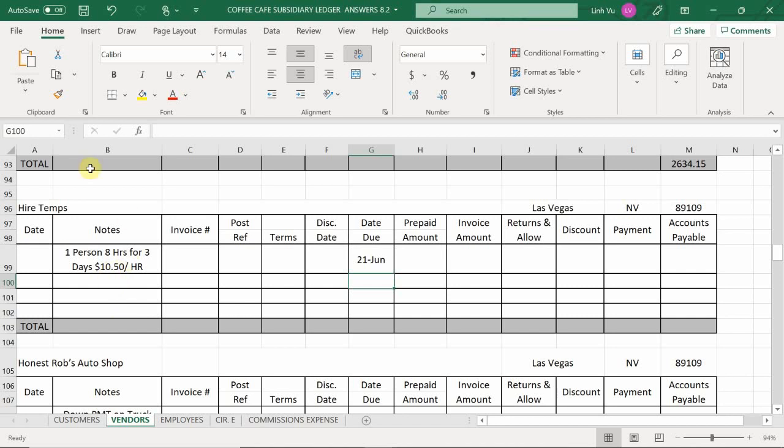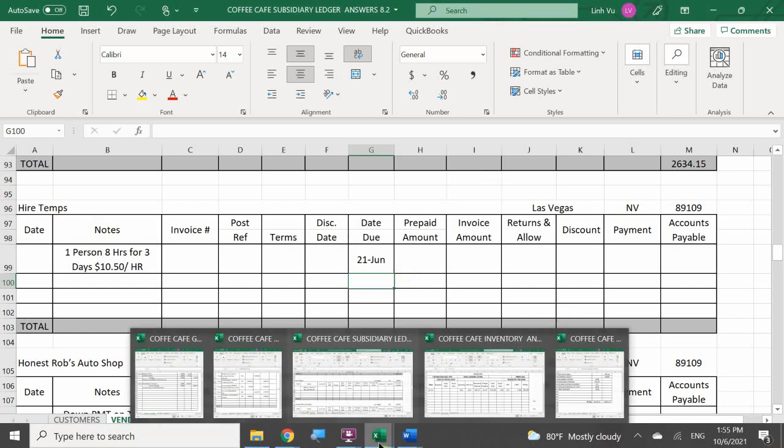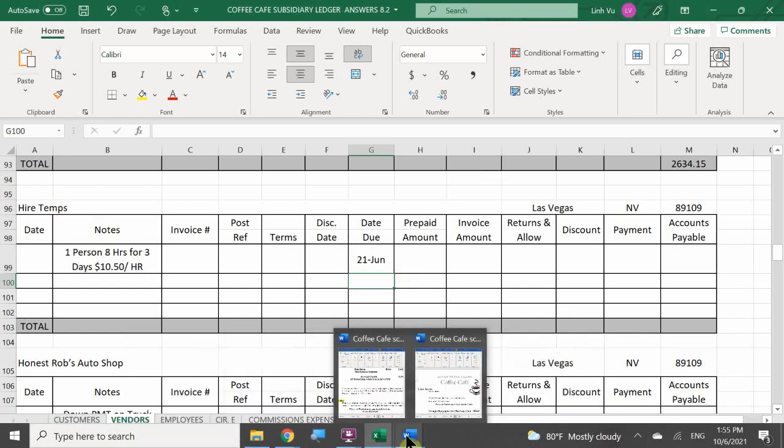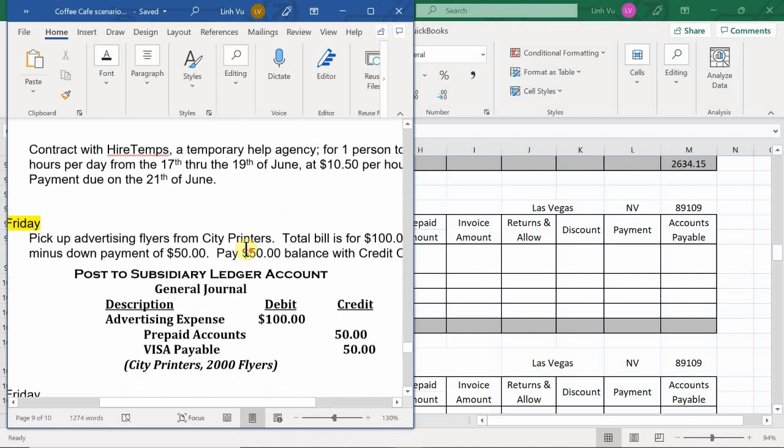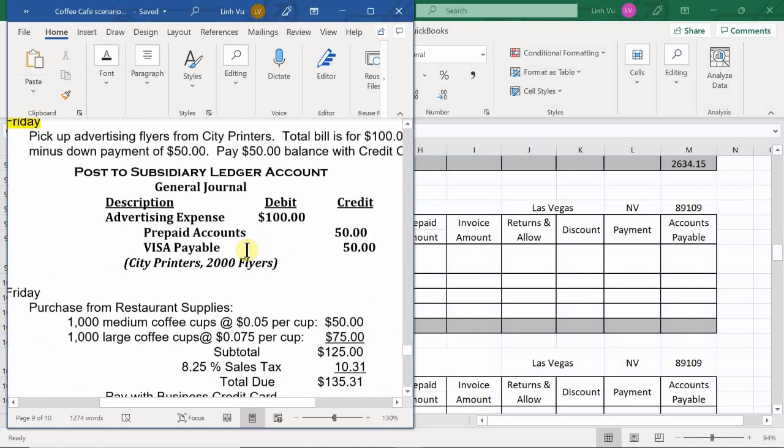So in this case, we are assigned that they are coming in from the 17th all the way to the 19th. So then we have those couple days to think about it and record that they actually came here, and then pay the agency for what you were contracted with. Right? Okay, so that's all.